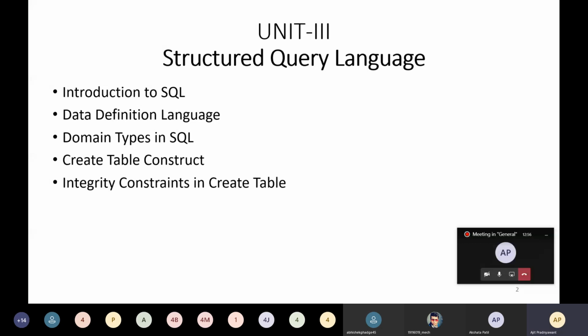Then integrity constraints in the create table. What are the different integrity constraints that we are going to see, and updates to table. How to update the table that we are going to see. So actually this is the outline of today's session.